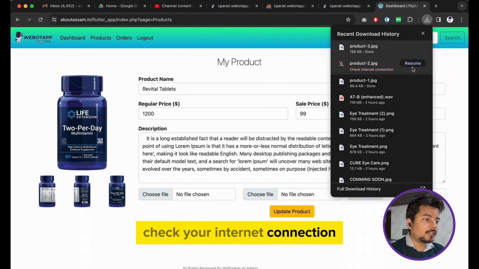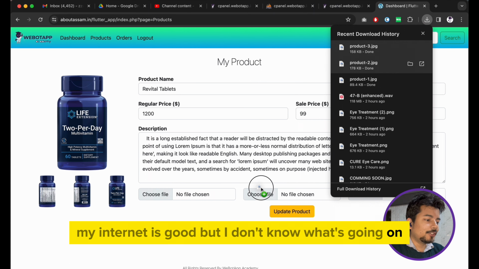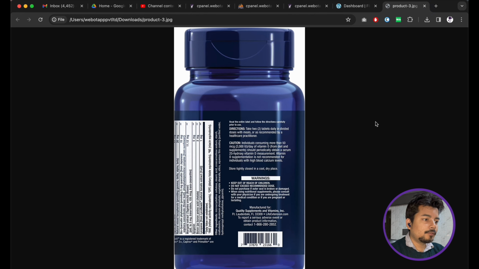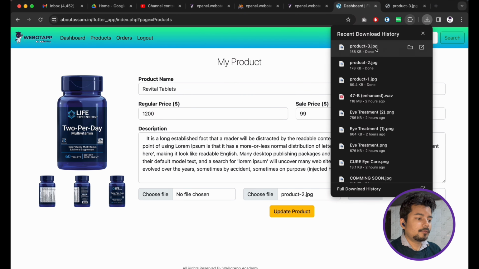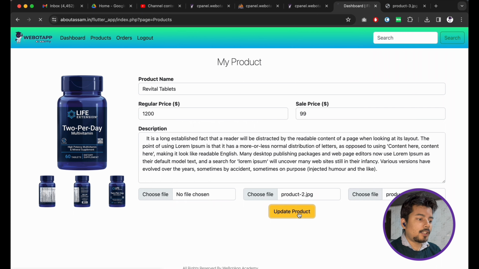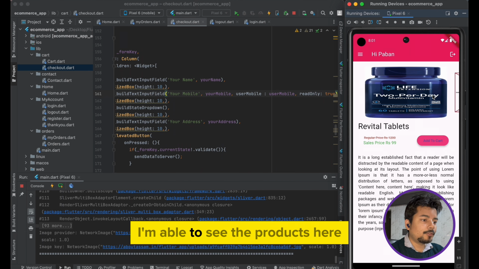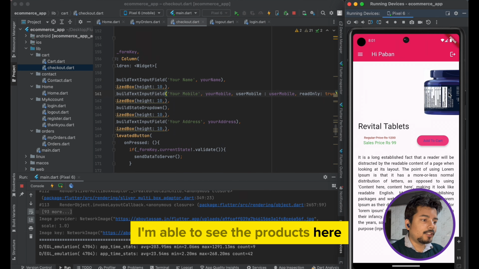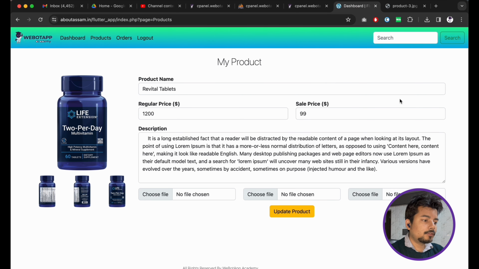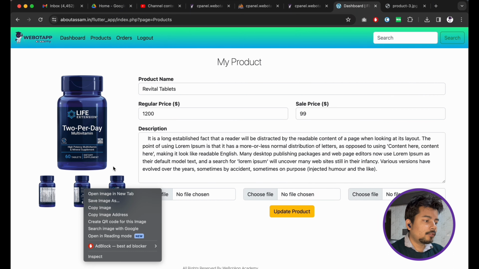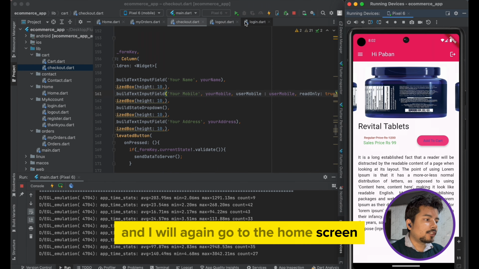Check your internet connection. My internet is good, but I don't know what's going on. And let me upload these two product images as well. And click on update product. If we just go to the backend and go to home, I'm able to see the products here. Okay. And I will again go to the home screen